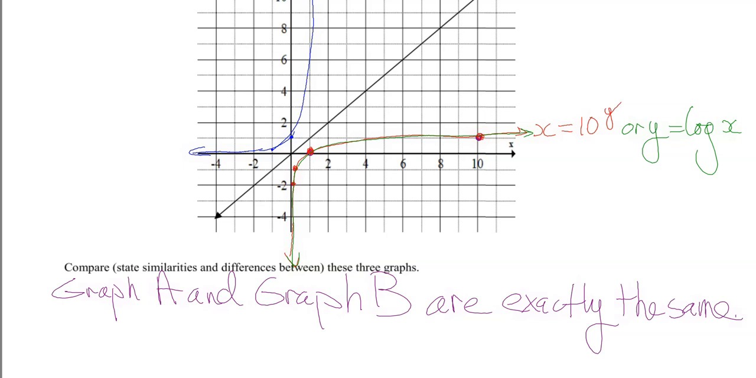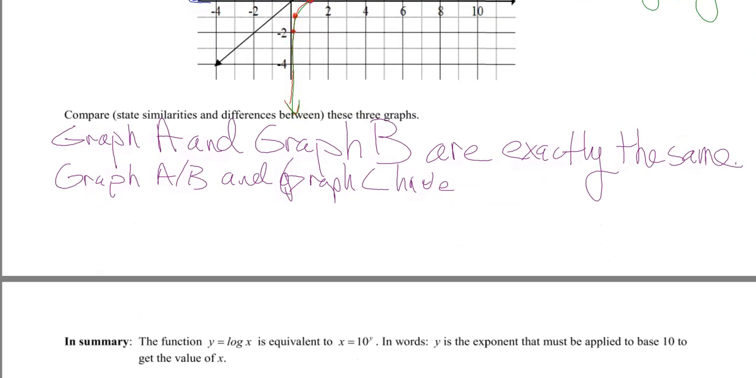But let's list some characteristics. So what's different? Well, they have different domains. This is the exponential function. We know the exponential function has a domain of x belongs to the reals, and a range of y is greater than 0. So let's just call it A/B. Graph A/B and graph C have different domains, comma, ranges,